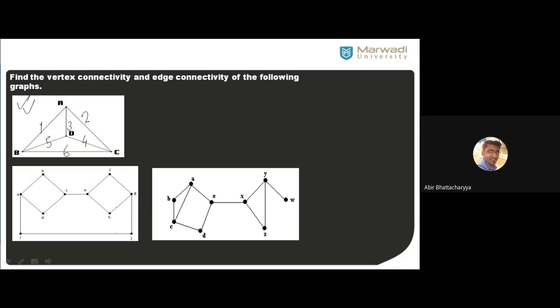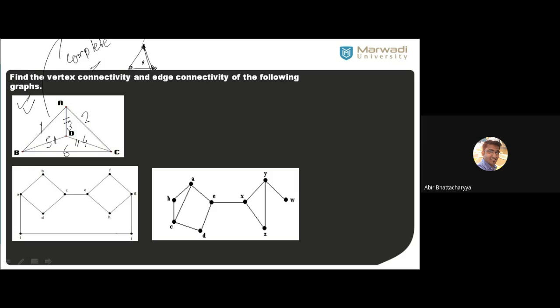So remember always, in this case, edge connectivity is 3. These 3 edges we will delete, so the graph becomes like this. Now, what is the vertex connectivity? If you remove all the vertices, still it is not disconnected. This graph is a complete graph. If you observe, this graph is a complete graph, right? Check. Is it a complete graph?